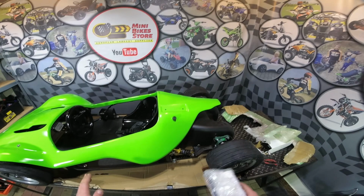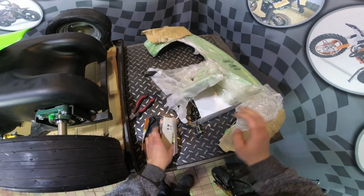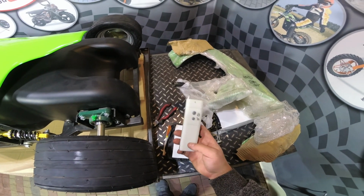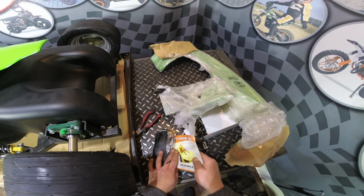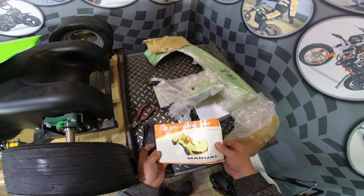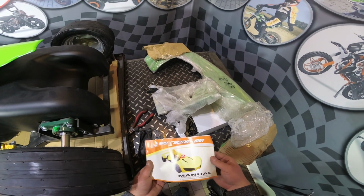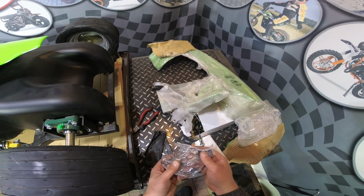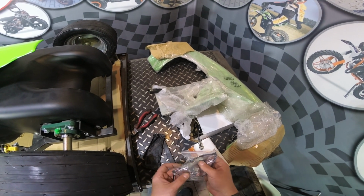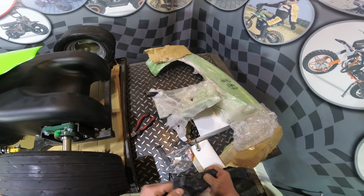So once you have installed all four wheels, you can open this bag here. In the bag you will find the remote control to start and stop the car. User manuals in English language. We highly recommend that you read user manuals before you use the car for the first time. Here in the back we have the keys, the main keys and the keys to change the speed settings, and the bag with tools